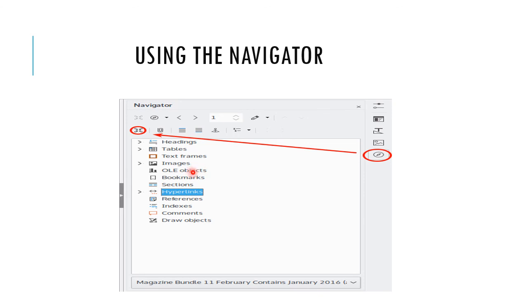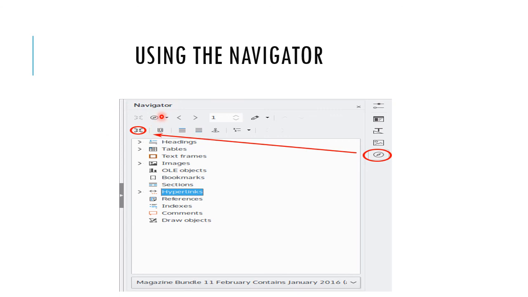OLE objects are pictorial representation objects. Then bookmarks, then selection, hyperlink. If you click a hyperlink, it goes to another page. That is the use of hyperlink. So other objects contained in the document.